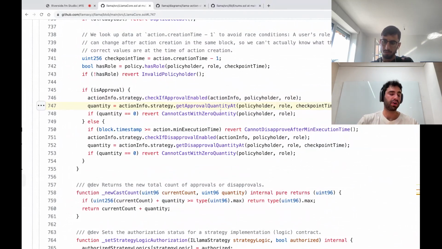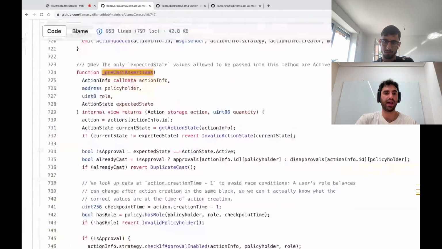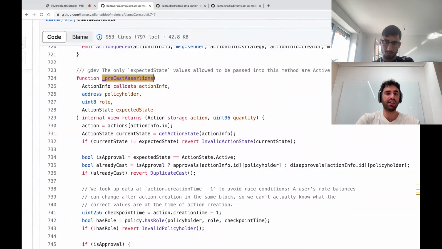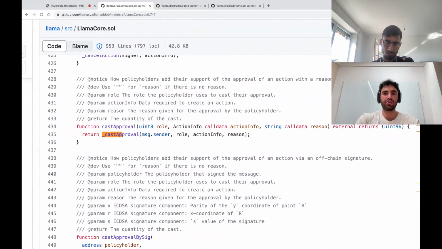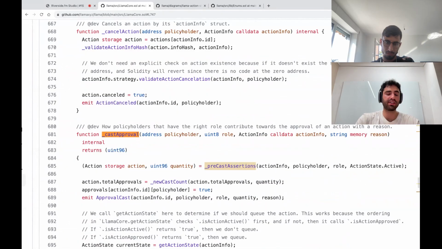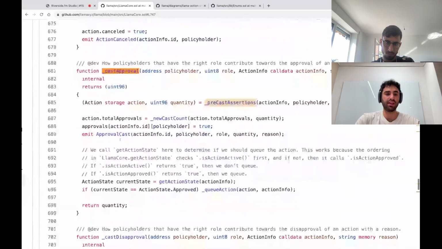So we're calling this get approval quantity at, meaning at the checkpoint time, what was this policyholder's quantity, and we're ensuring that's not 0. If that passes, then we can be sure we can continue on with the approval process.